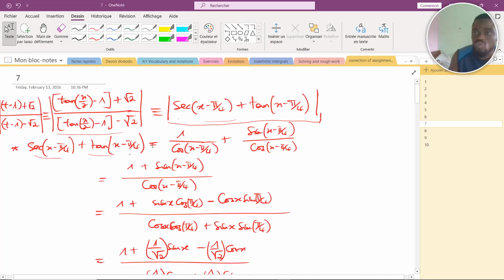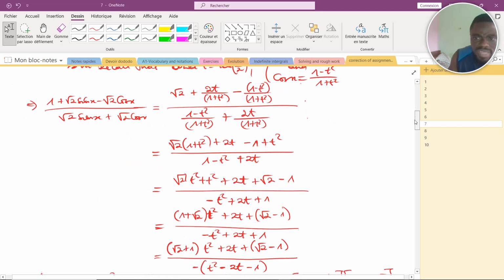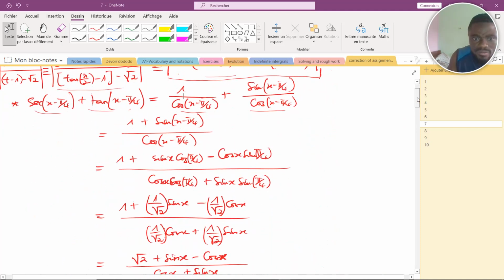Sec is the same as 1 over cos. So this will be 1 all over cos x minus pi on 4 plus sine x minus pi on 4 over cos x minus pi on 4, because this is tan. This is the same denominator, so I'll add this plus this. I'll have this. Is that okay? From there,